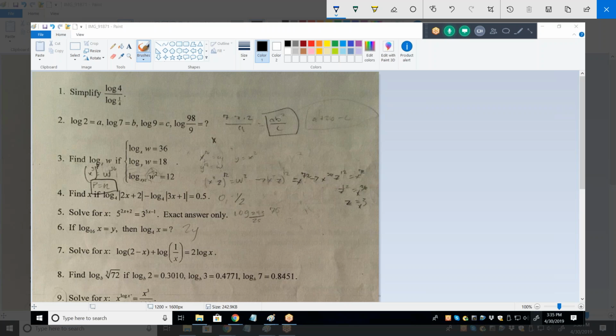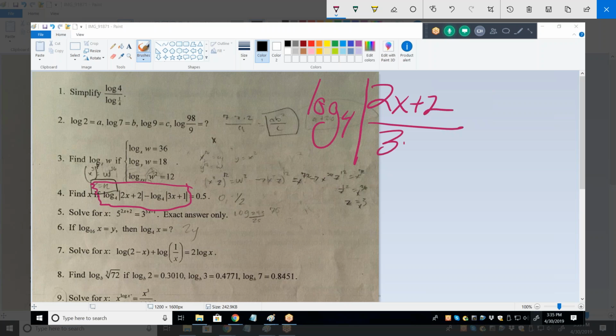Let's look at number 4. So we have the log base 4 of something minus the log base 4 of something else is equal to 0.5. So first of all, let's combine those into a single log expression. What would that be? So this would be log base 4 of the absolute value of 2x plus 2 times, no, divided by